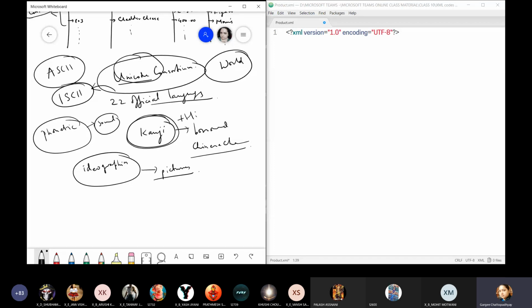Plus they use hiragana characters and katakana characters. These are not three languages, these are three scripts. The language is one, but the script they use has three different alphabets.